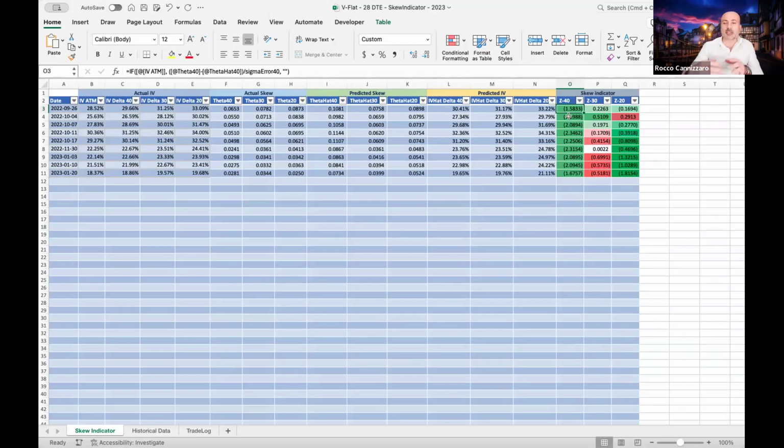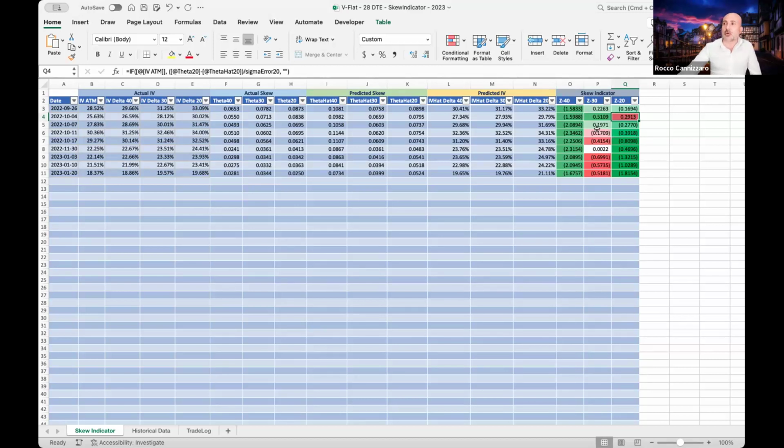It means that the skew is such that I am actually buying, because the 40 delta, this is 40, 30, 20, this is the 40 delta. This is a strike that I'm going to buy. This is the strike that I'm going to sell. And this is the strike that I'm going to buy. So obviously, if this is green, it means that I'm buying this one cheap. I'm selling this one for a high price. That's why it's green. But here this is red, which means that I'm actually overpaying a little bit for